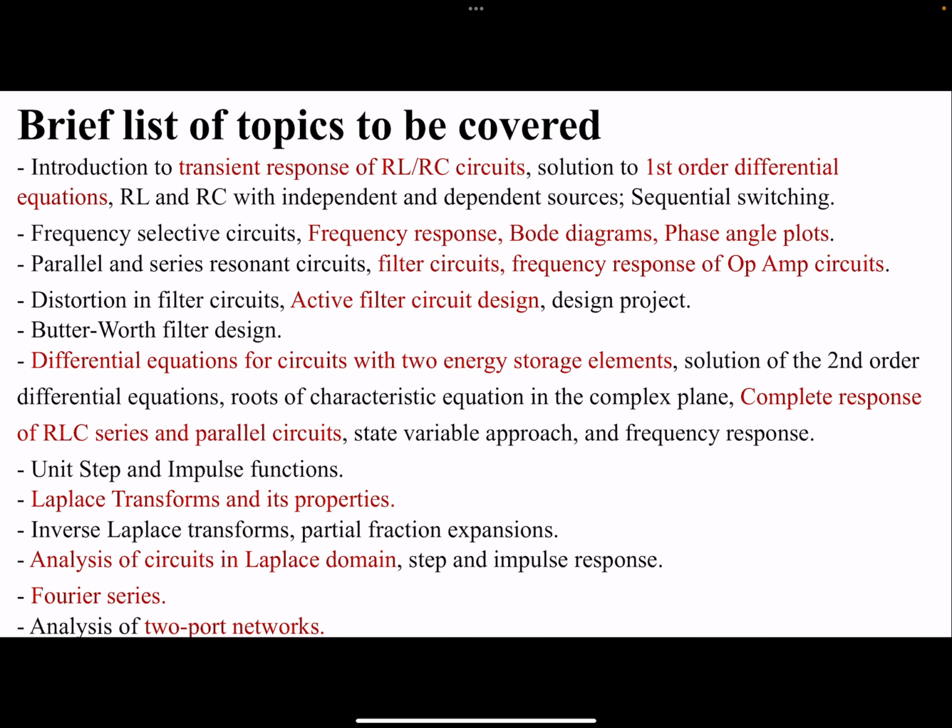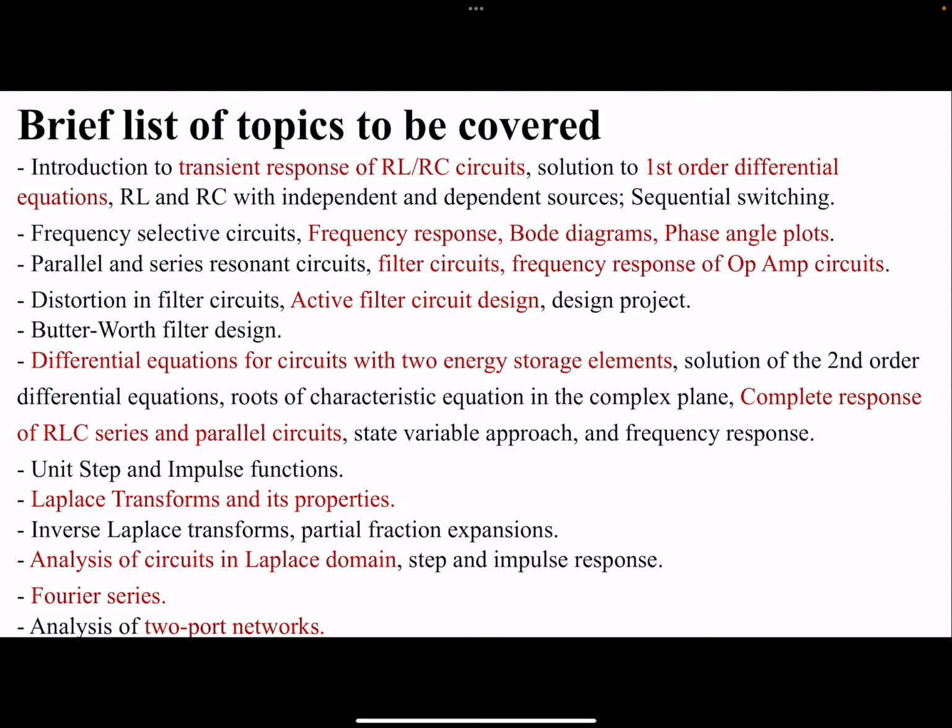This is again a very interesting course, Principles of Electrical Engineering 2. Here is a list of the brief topics that we're going to talk about in the course. I hope by now, after taking the prerequisite PE1 course, you have a very good understanding of what a resistor is, what a capacitor is, what an inductor is. Having said that, in today's lecture, I will give you a quick recap of those basic concepts like Ohm's law, Kirchhoff's current and voltage laws, the voltage and current divider rules, and what an inductor and capacitor are. But that's pretty much it.